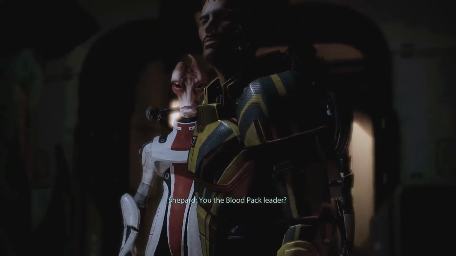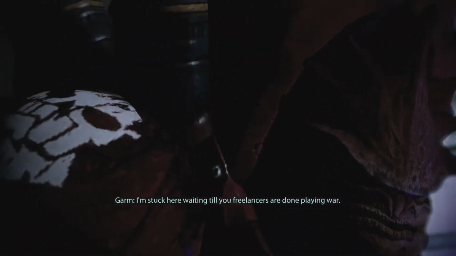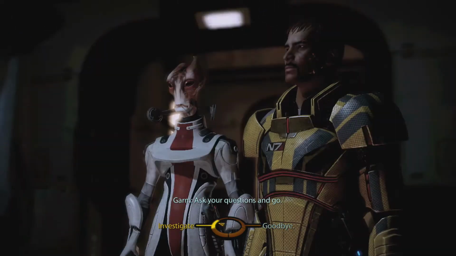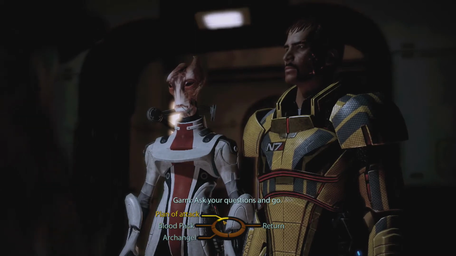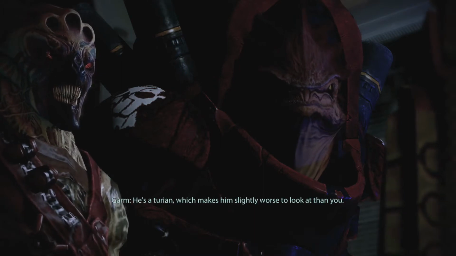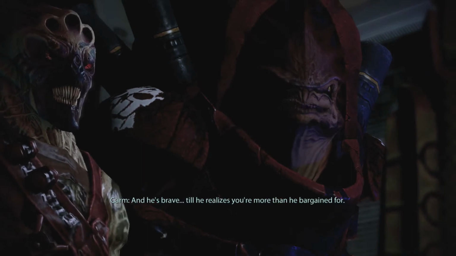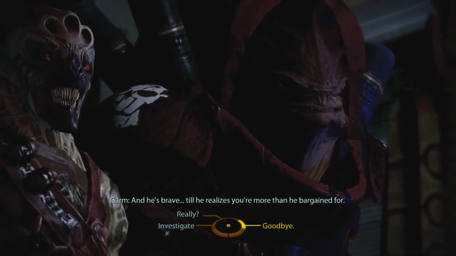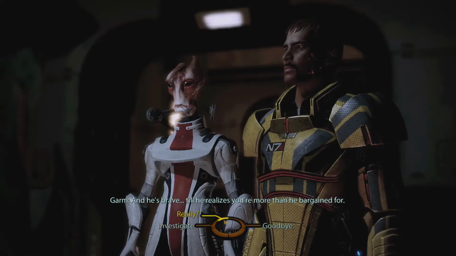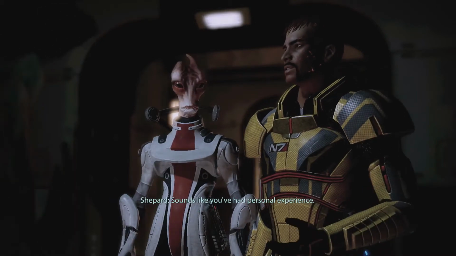You can talk to each of their leaders and find out how and why they're pissed off at Archangel. I mean, were they all personally slighted by this guy, or are they just in it for a job? Yes, they were all personally slighted by this guy. What do you know about Archangel? He's a pain in the ass. He's a Turian, which makes him slightly worse to look at. Oh, he's Garrus. Okay. He's brave, until he realizes you're more than he bargained for. And then what, he just capitulates and cries his way out of it? No. If you ask, you'll learn the story, but...